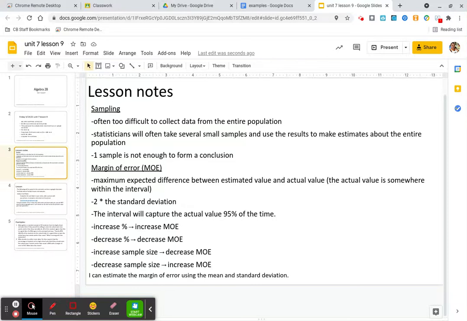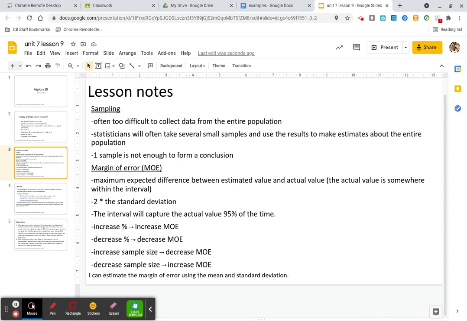All right, once again, we are skipping ahead to lesson 9. On lesson 9, we start talking about sampling and margin of error. Sampling, when you're conducting a statistical study, is really important, only because it's usually virtually impossible to get data